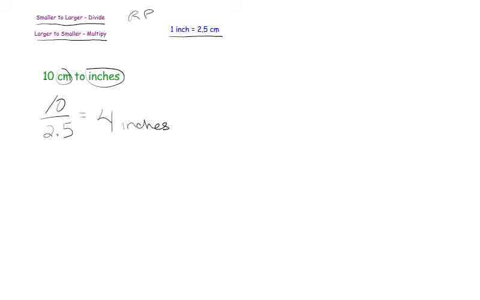If we were to do it the ratio and proportion way, you start with your known. You know that 1 inch is equal to 2.54 centimeters. So you would write 1 inch is to 2.5 centimeters. The actual math is 2.54, but for dosage calculation purposes, we round it to 2.5. The other half of our equation is that we are looking for how many inches. So we don't know, so we're going to put x inches